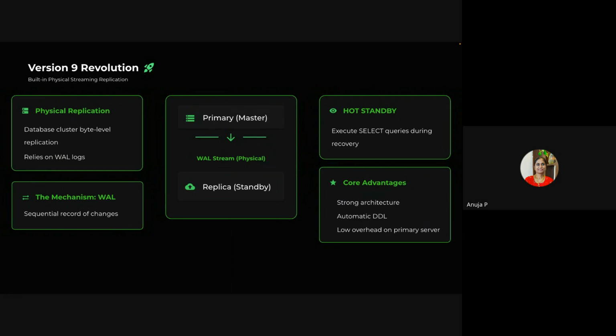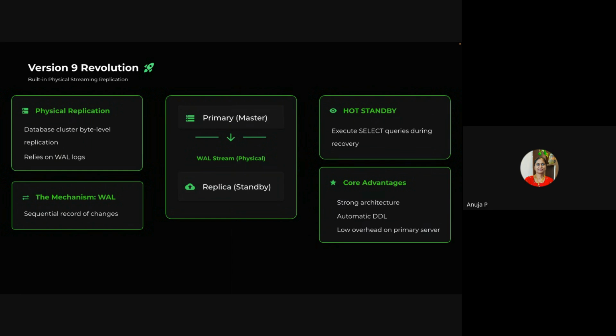It purely relies on the WAL logs. The primary will generate the WAL file and the WAL files will be streamed to the standby. This version 9 gave us the hot standby feature, which means you will be able to execute select queries during the recovery.